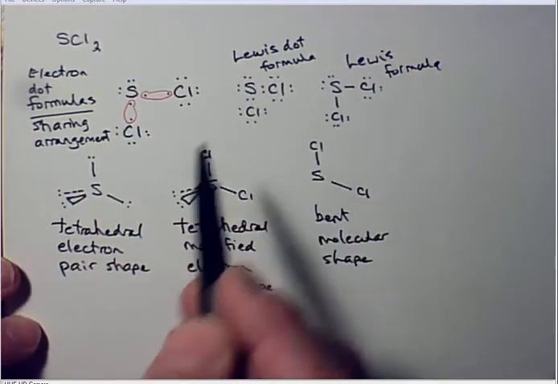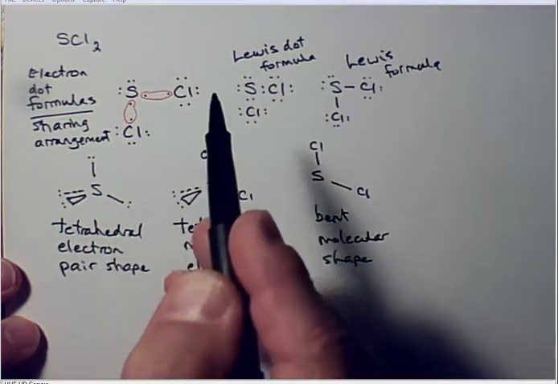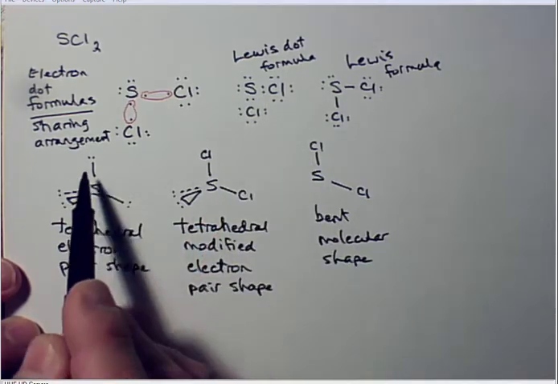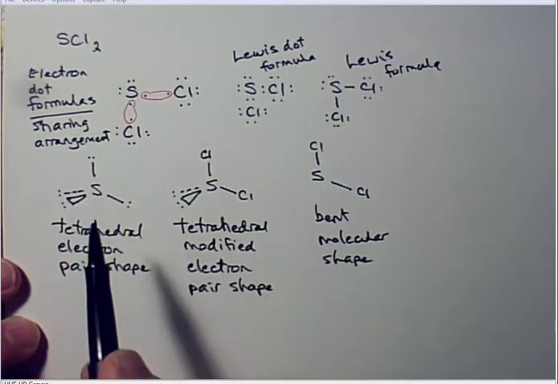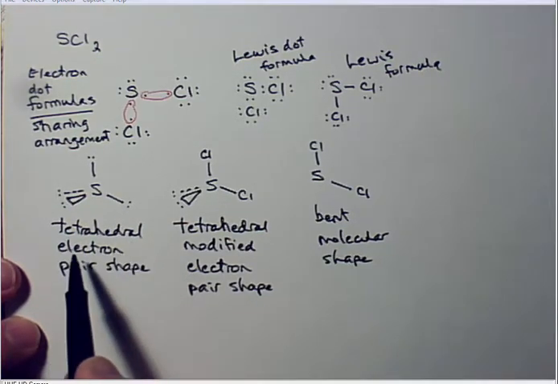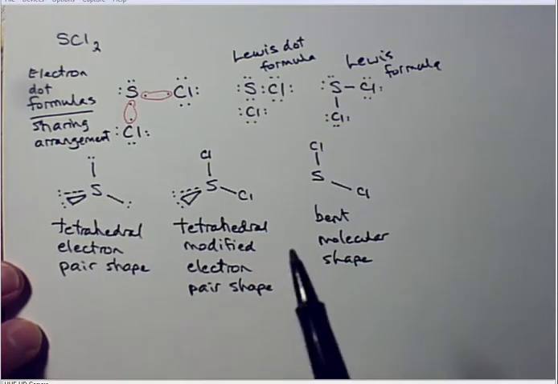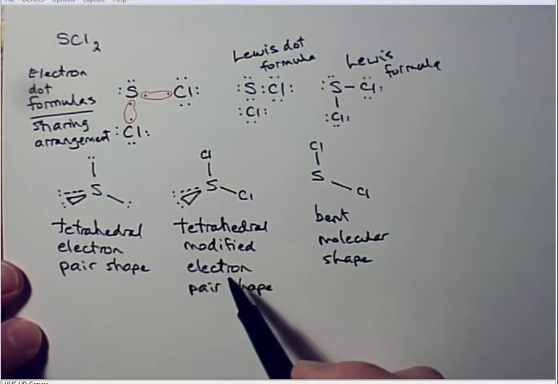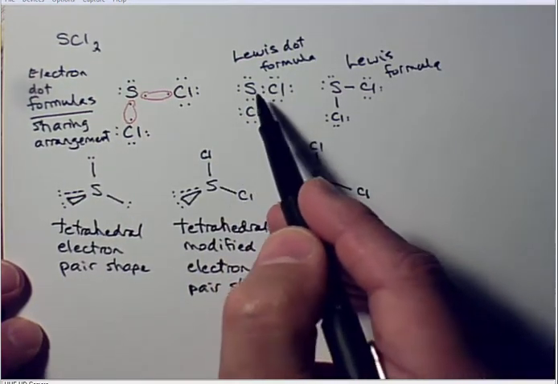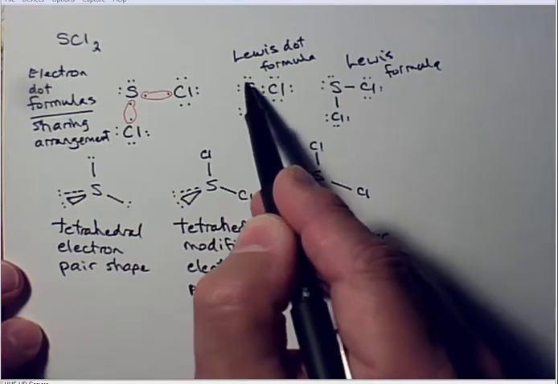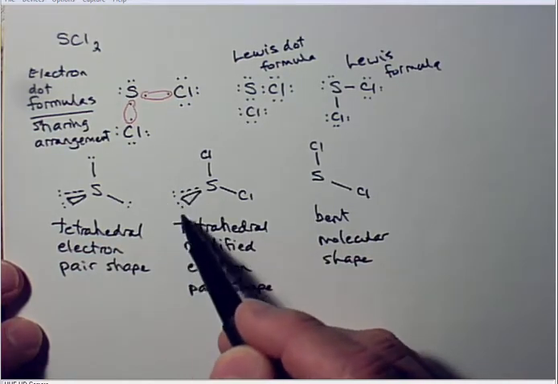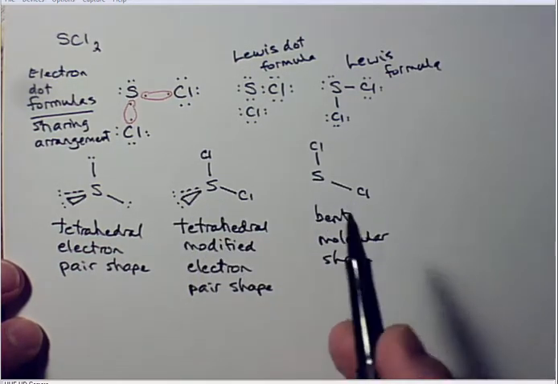Then from the Lewis dot formula, we get the tetrahedral electron pair shape. There are 4 sets of electrons around this atom of interest here, this sulfur. So the only way you get 4 equally spaced around that central atom is a tetrahedral, where the angles are all 109.5 degrees. So that's called a tetrahedral electron pair shape. And then you get a tetrahedral modified electron pair shape when you replace 2 of those sets of electrons with the chlorines, because that's what's shared up here. 2 of those sets of electrons around this central atom are shared with chlorines. Then finally we get rid of that lone pair, or these 2 lone pairs over here, and we get a